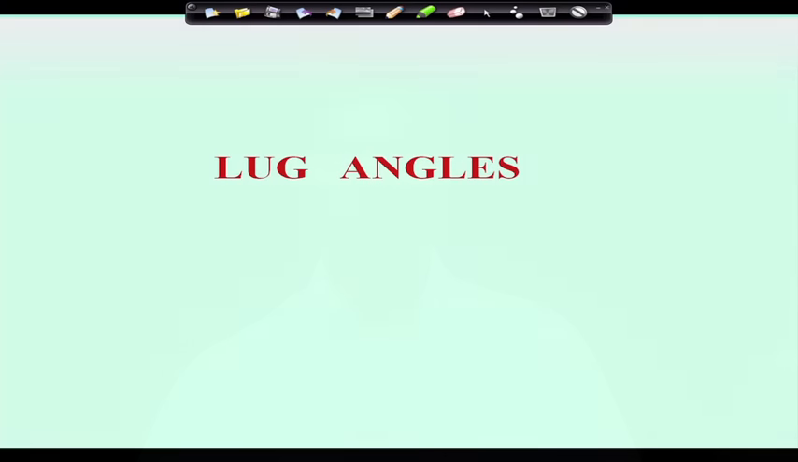Hello, today I am going to discuss lug angle. A lug angle is an angle with a short length which is required to share the load of the main angle. Sometimes the main angle carries a huge amount of load, and to make connections of this type of angle section